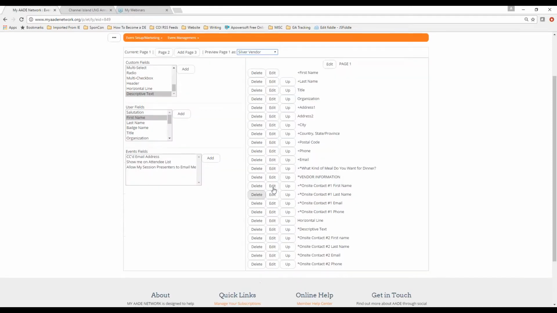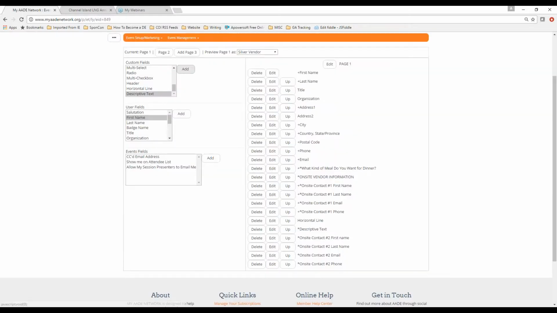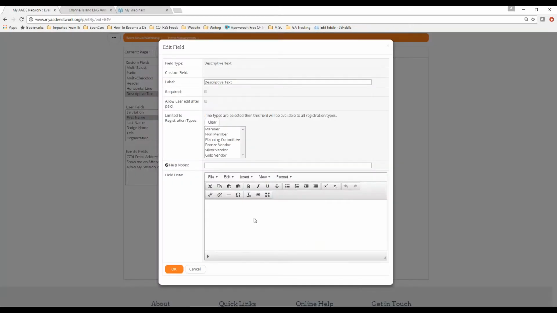So let me close the preview, and I'm going to edit that vendor information to be on-site vendor information. And if I wanted to be even more explicit about what this was, I could add some more descriptive text under that and move that descriptive text up. Just make sure you're hitting the right one. All right, so it's got my header right there, and then I'm going to do new descriptive text. And this is going to, again, only be viewed by vendors. And here I'm going to say,